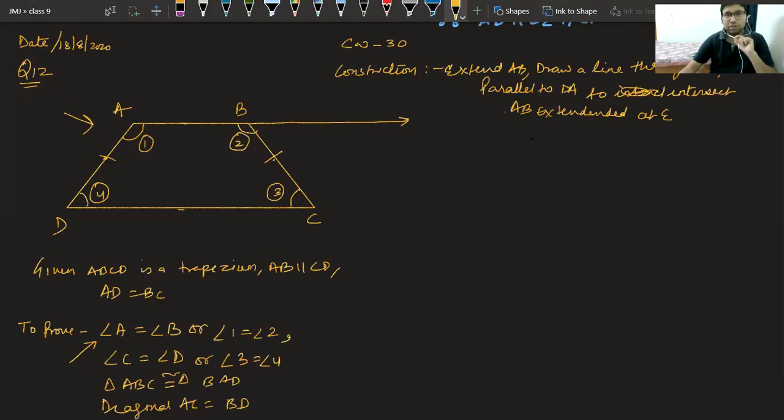Because the thing that comes to your mind is somehow I want to prove this a parallelogram. If I can prove it a parallelogram, my things will be easy. The question occurs, how will you prove it a parallelogram? By making a diagram. One second, let me make it a dotted one. This is wrong because it is a construction. It should be dotted one like this. This is the diagram. Okay.